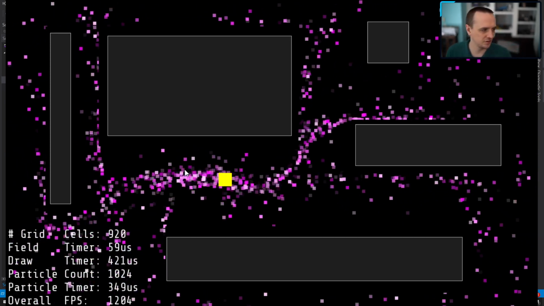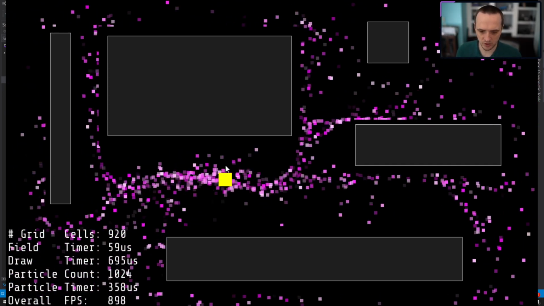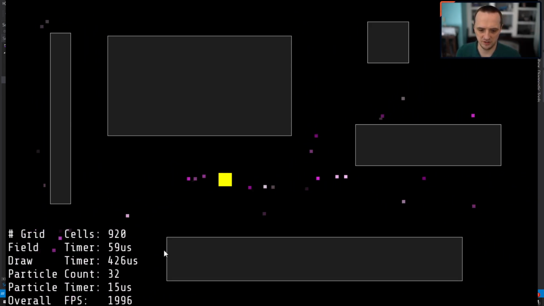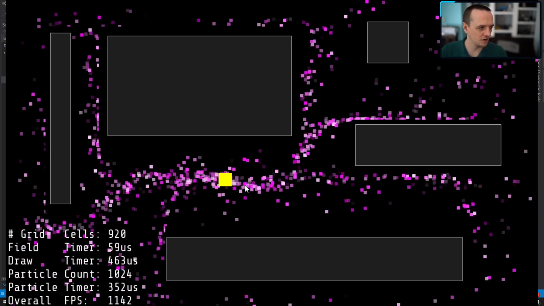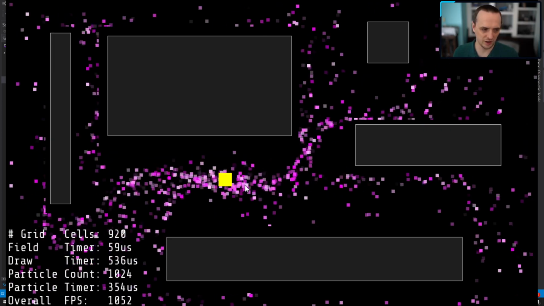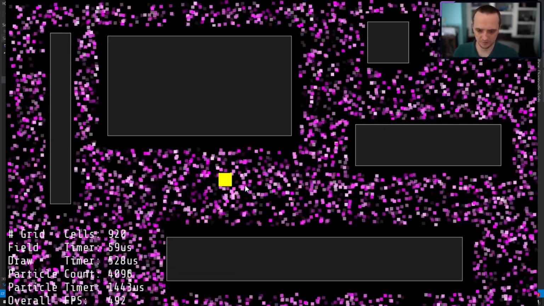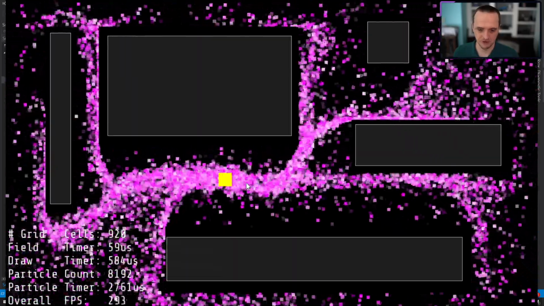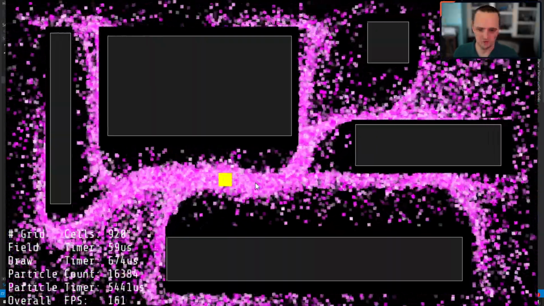All right, so let's go back to the default particle size. I think that's what it was there. Okay, so the Z key is going to decrease the amount of particles, and of course, that's really easy to do, but every time I hit it, it's doubling. So here we are, we're back at 1,000 particles, or 1,024. Here we are, 2,048, 4,096, 8,200, 16,000,